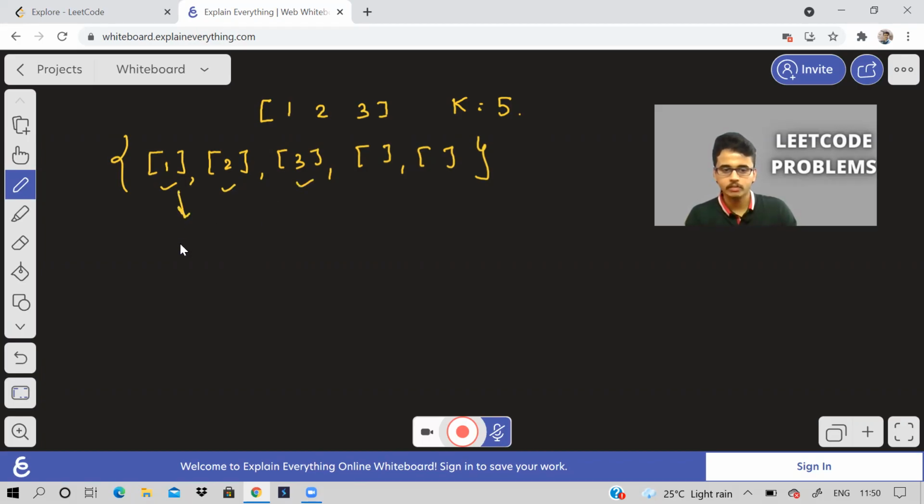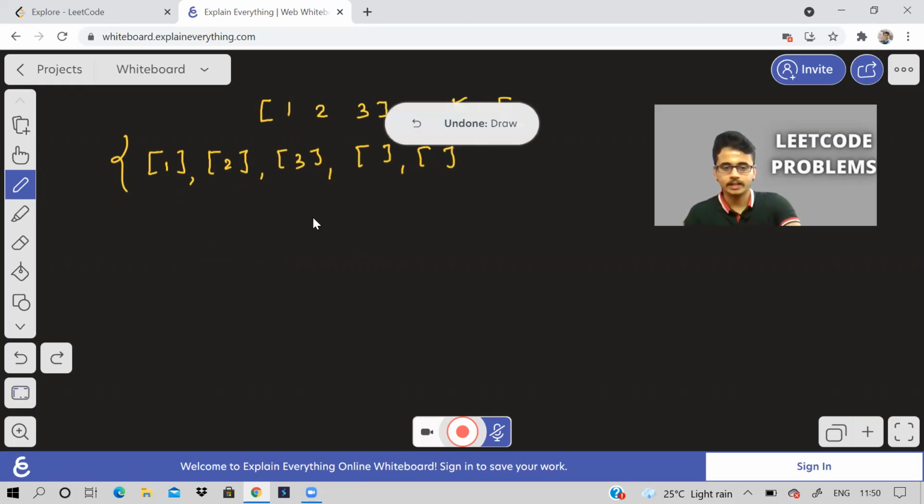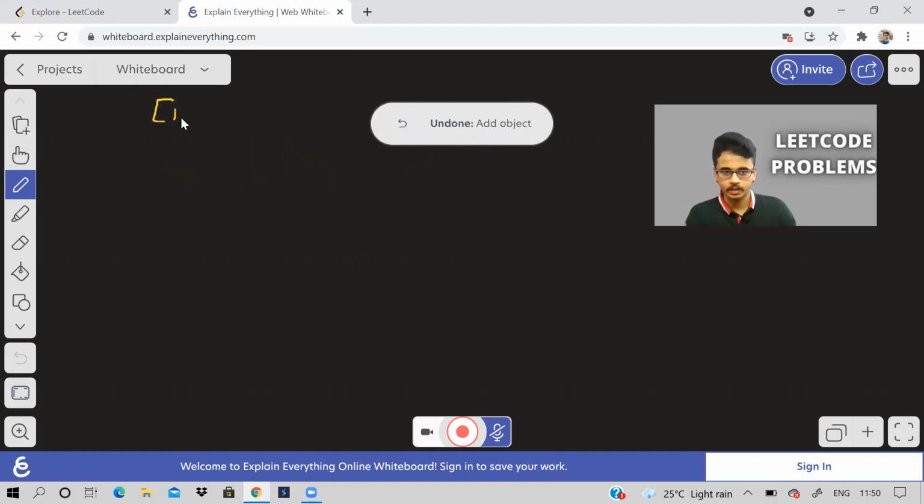So what does this mean? What do I mean by a null linked list? It means that it is like this: one pointing to null, and this is like null only. There is no head pointer, there is nothing. So this was one example, right? Let us take another example. Let us take a bigger example to understand.